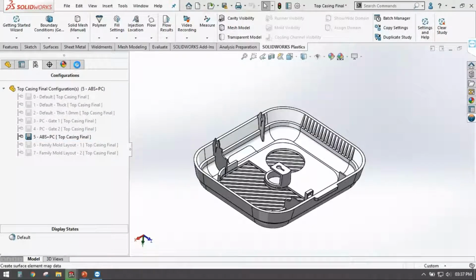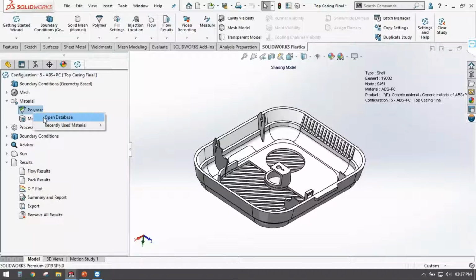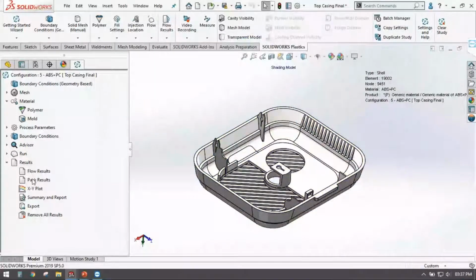Right? So there are these various factors that you can consider while designing your injection mold. Now over here I have changed my material to ABS plus PC. Again you can check the results.